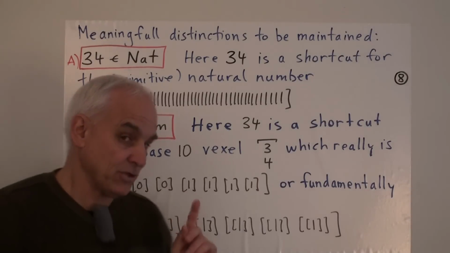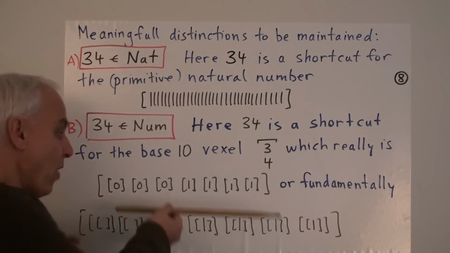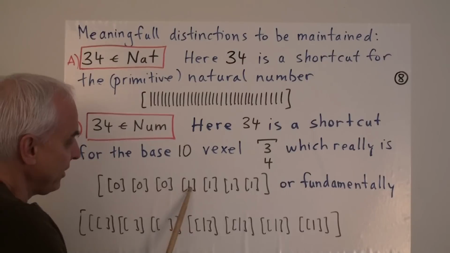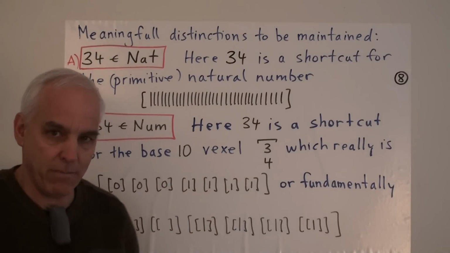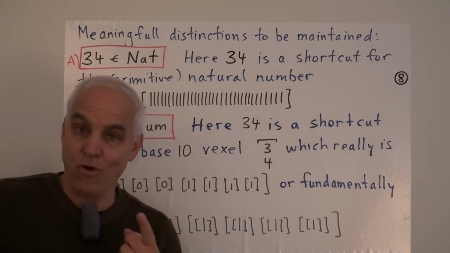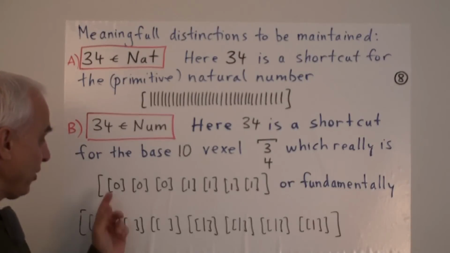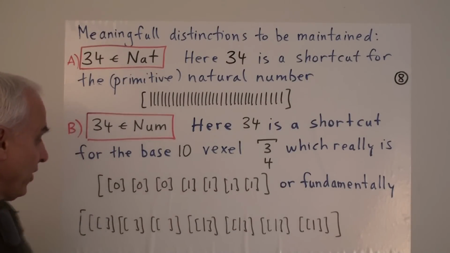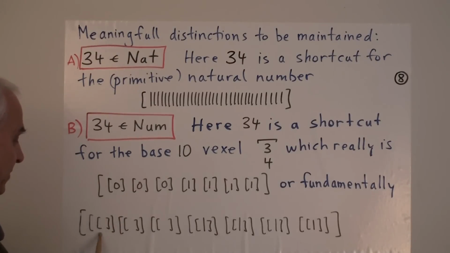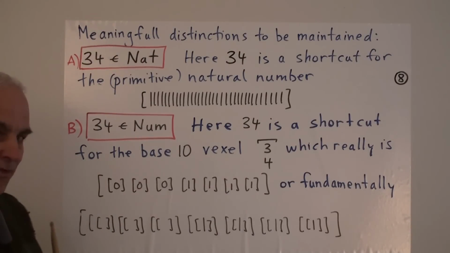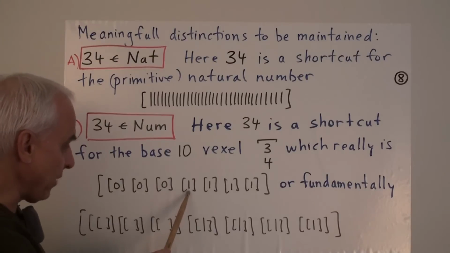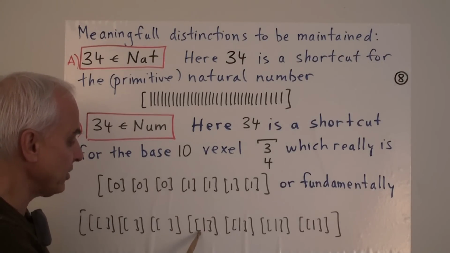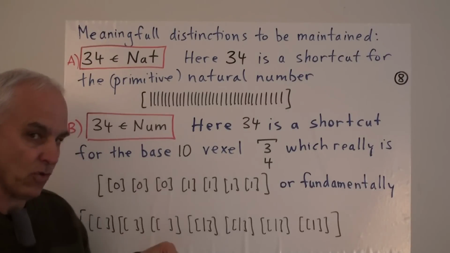And let's also note that actually we can go one level down, because inside here, these things are also natural numbers, but also in Hindu-Arabic form. Right? And we could rewrite those just as primitive natural numbers. We can rewrite this 0 as this empty M set, and we can rewrite that 1 that's sitting there as the M set 1, which is the M set consisting of a single stroke.